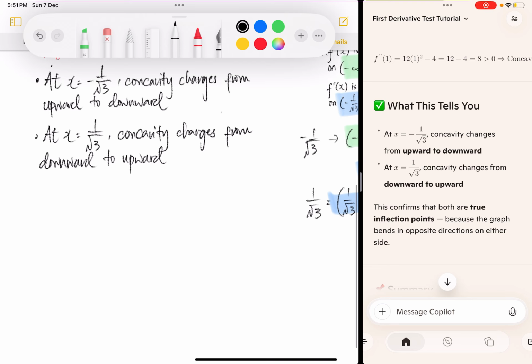Okay, then this confirms that both are true inflection points, because the graph